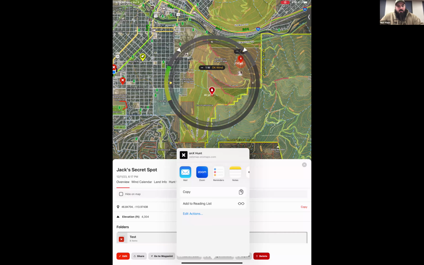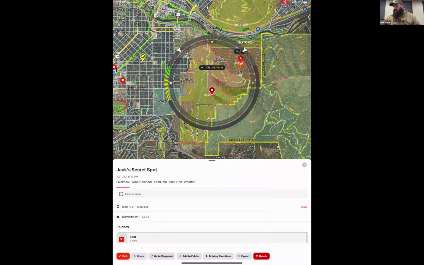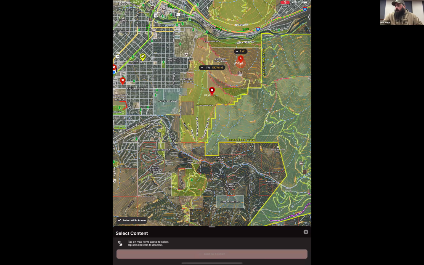Let's see what else. Few questions on organizing waypoints. So I'm going to take this as an opportunity to plug a future class. We are going to do an onX deep dive all on markup organization, content organization. Some people did mention folders. I'm going to close out of this share here. You can start looking at organizing your waypoints into folders. Like I said, we don't have the time tonight to go into this in too much depth, but I could